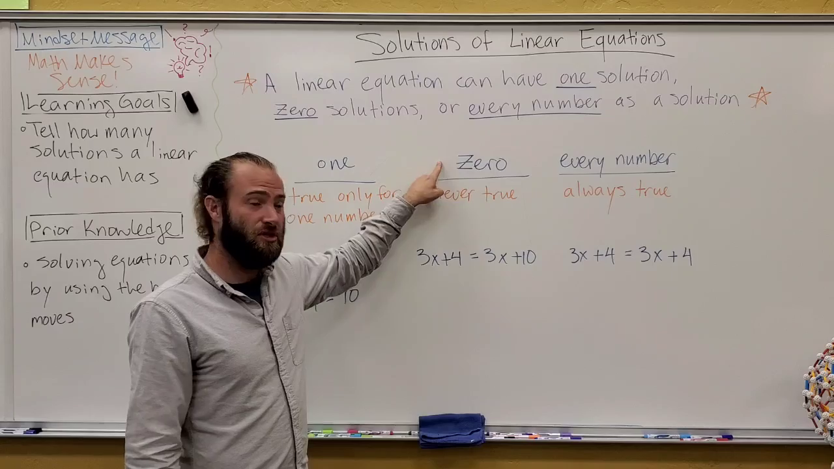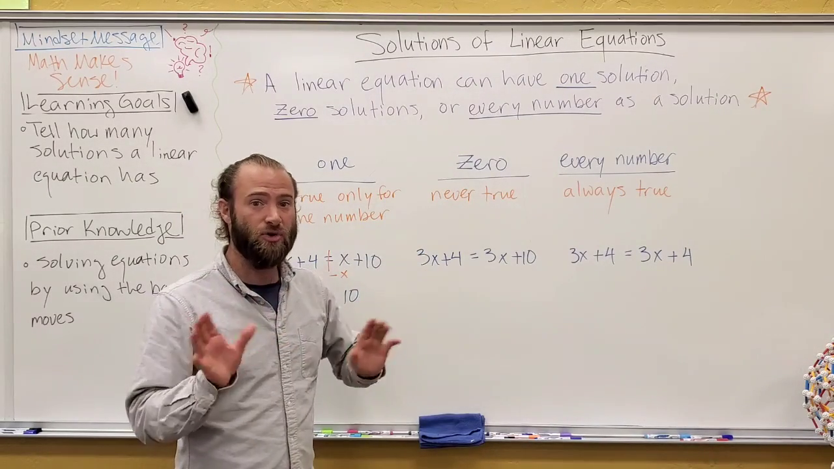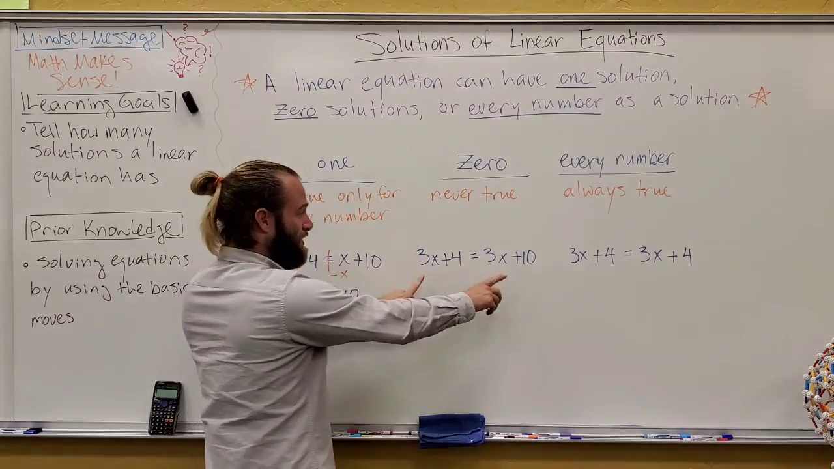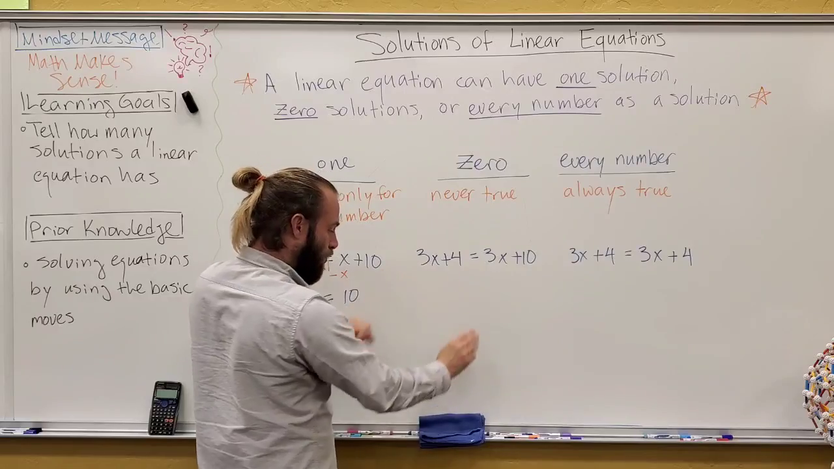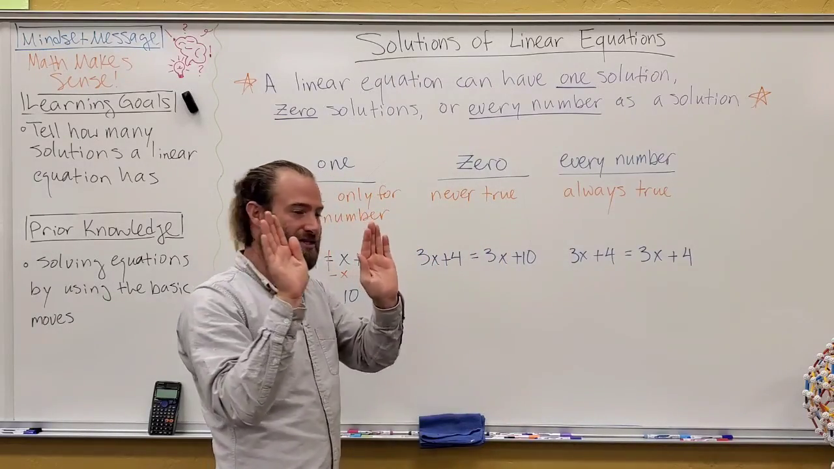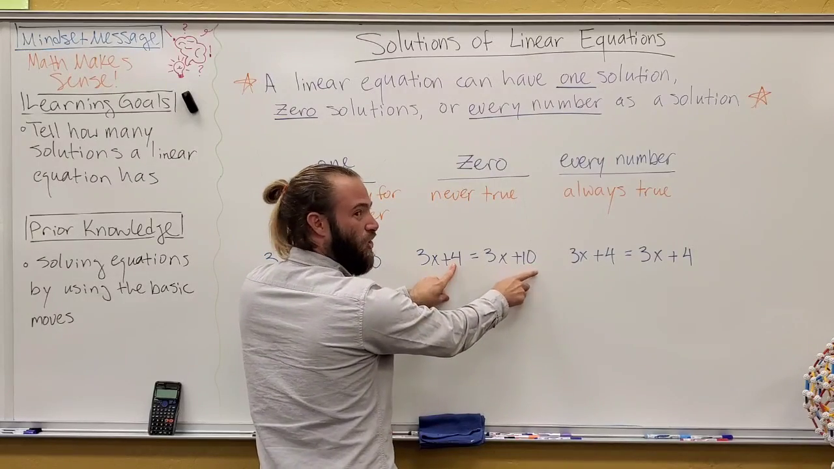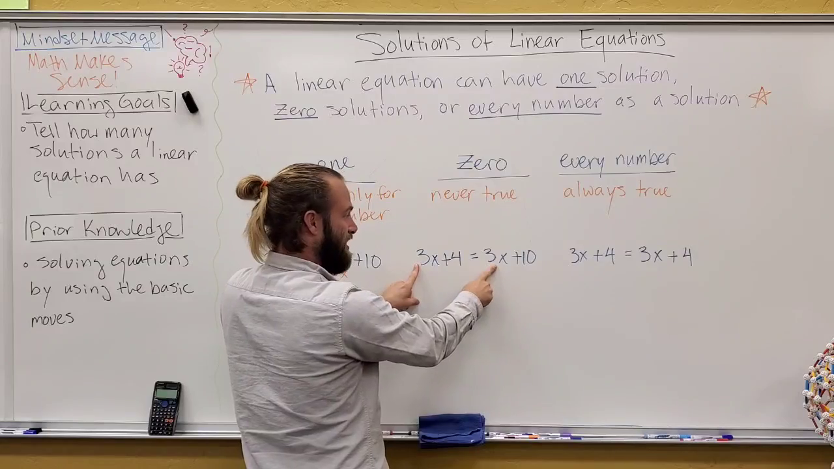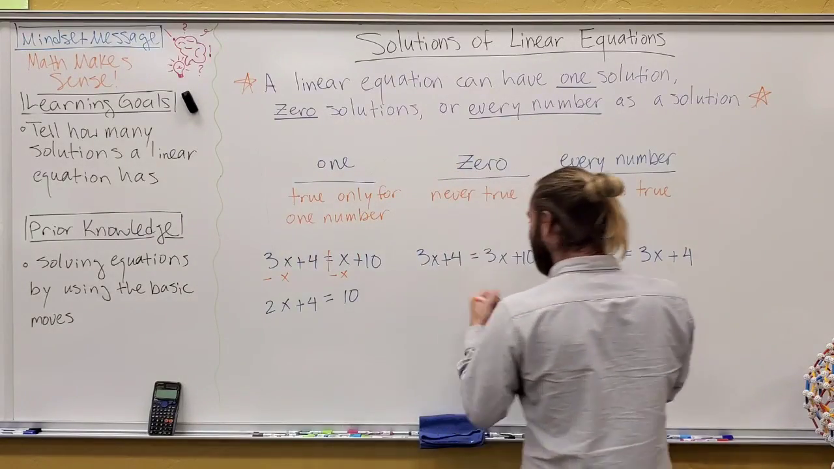If there are zero solutions, remember, that just means it's never true. There's no number you could plug in that will ever make it true. And if you look here, you can see that this is always out of balance. Because watch closely, the 3x and 3x perfectly balance each other. But this 4 and 10, the 10 is always heavier than the 4, right? And we can't do anything about the 3x's, because if you tried to use the basic moves and work it out,